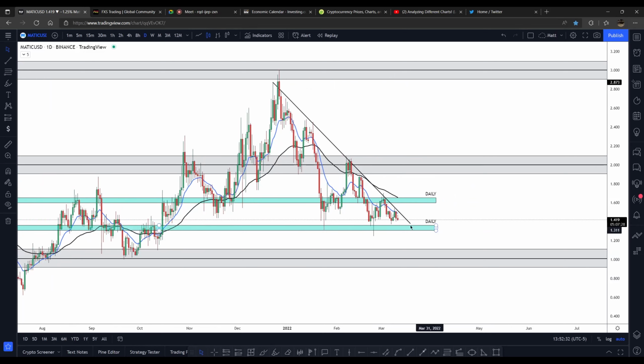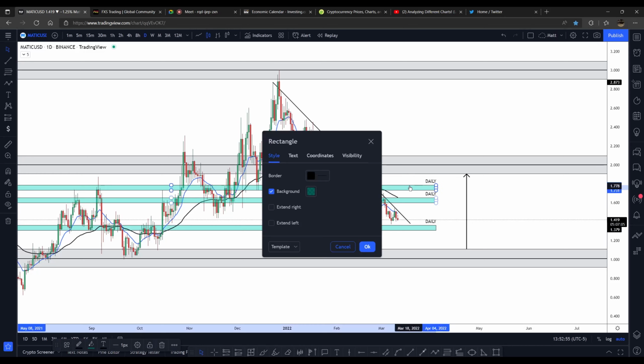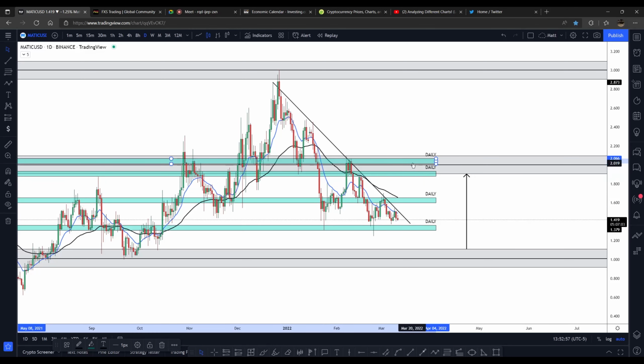We dropped down, drew our daily zones, and notice how we're going to have more daily zones in between the distance that you have between your two weekly zones, right? So we have one weekly zone here, the next one is over here, right? I don't expect to only have one daily zone. I'm going to have multiple daily zones in between. So in this case, I have two, and technically we have more if I include the ones that I had